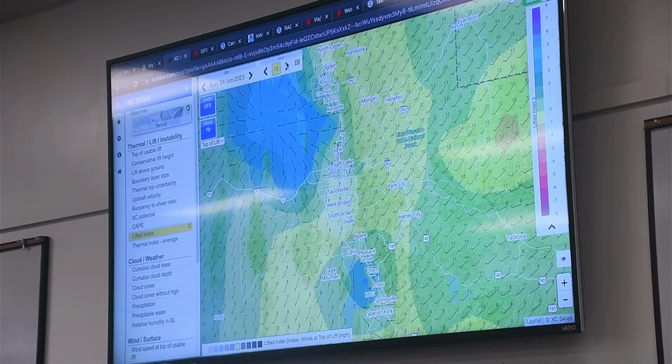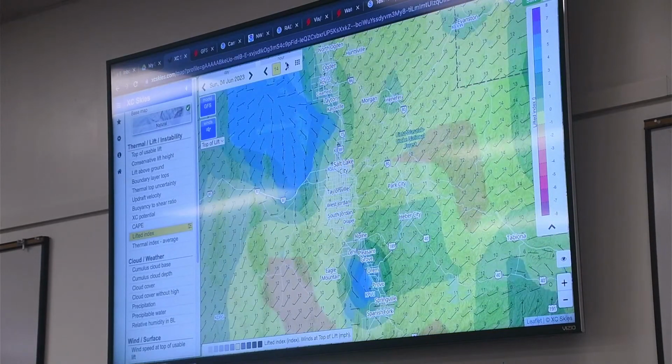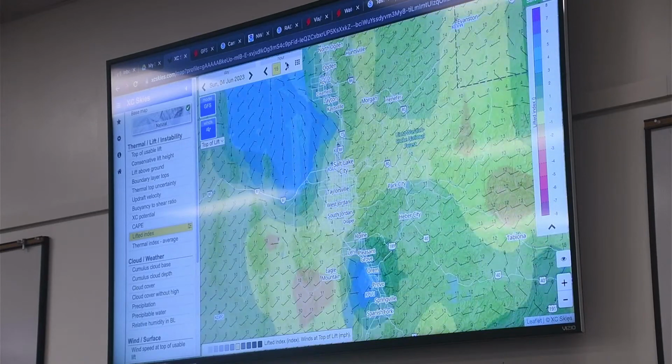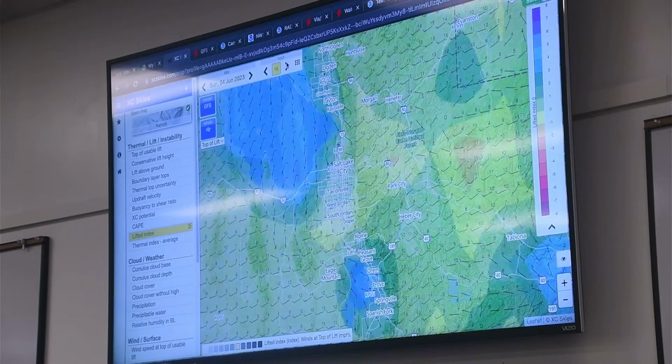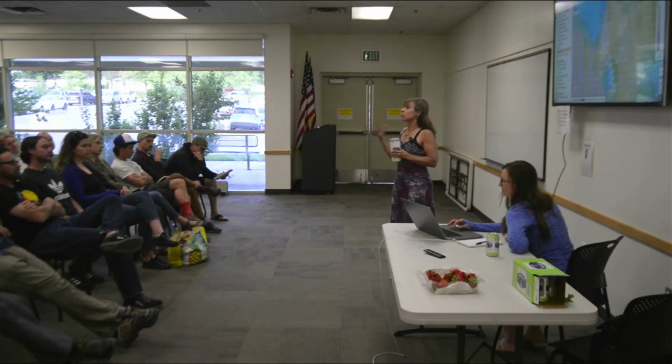Okay, we got our yellows along the Wasatch Front. We got some oranges popping up. So that's telling me that there's probably going to be some isolated areas along those mountains. So see, I'm just working with the colors, comparing them to CAPE, and then what we had before with the top of the lift. So it's kind of a conglomeration of different aspects,